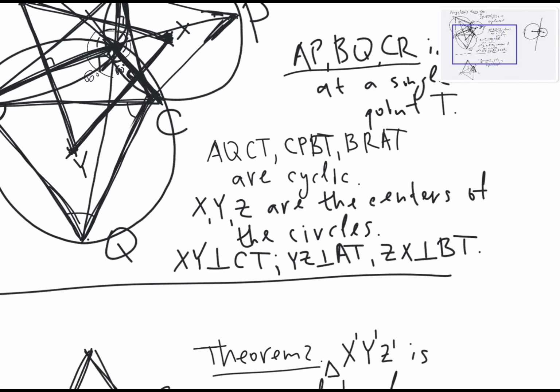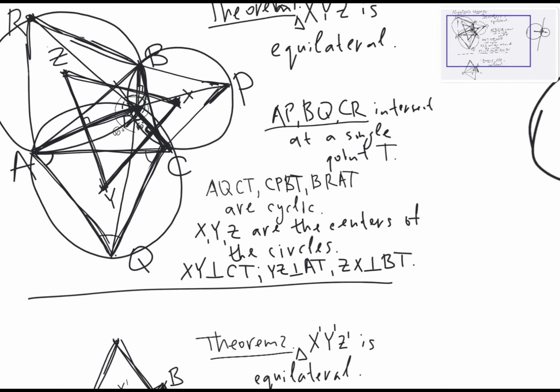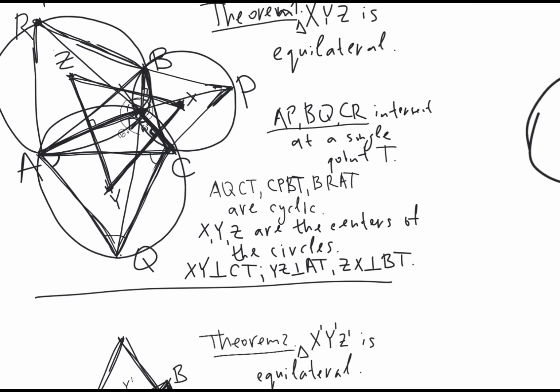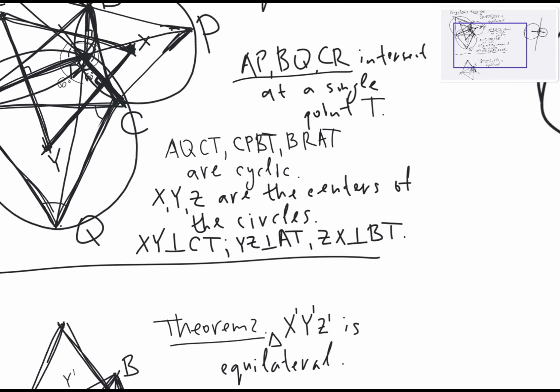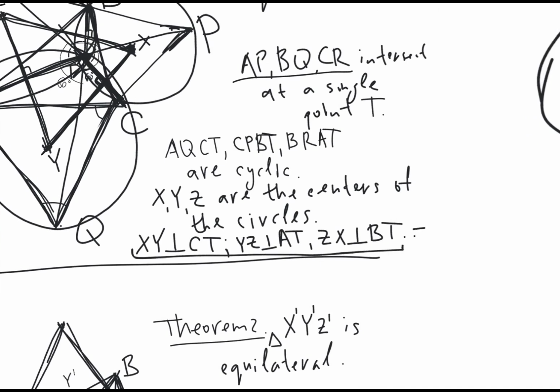This angle is 60 degrees. This angle is 60 degrees. This angle is 60 degrees. This and this. So since the angles between all these 3 lines, between any 2 of them, is 60 degrees, then the angles between the lines that are perpendicular to them is also 60 degrees. So from these 3 perpendiculars, and from the fact that from the angle 60 degrees,